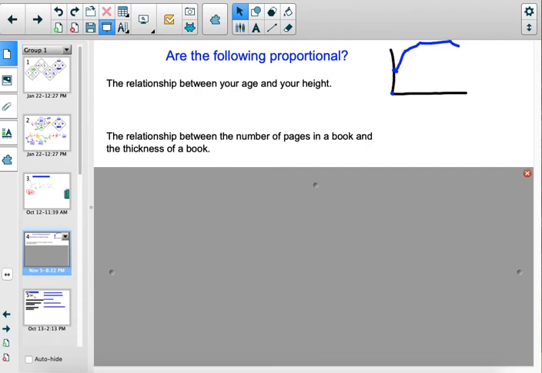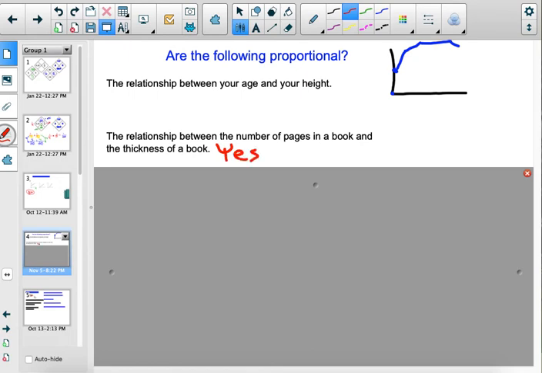All right. So let's say this is the book that we're talking about. Will somebody give me your opinion? What do you think? All right, Haley. I think it is proportional because if you can see the thickness has to be the same thickness as the binder.